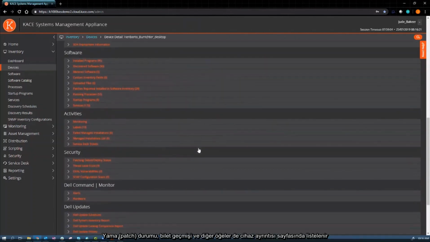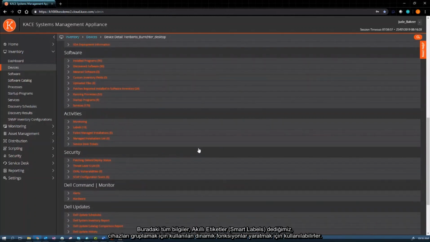Patch status, device ticket history, and other items are also listed within the device detail page. And all of these details can be used to group devices together using a dynamic function called Smart Labels. This will help with future tasks, for example, targeting all of your Windows 10 devices with the Windows 10 patch